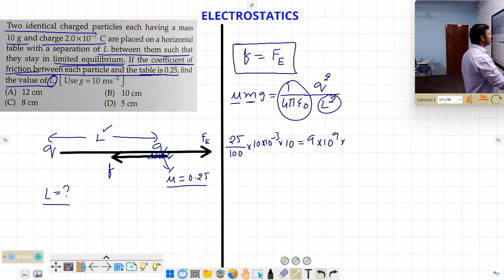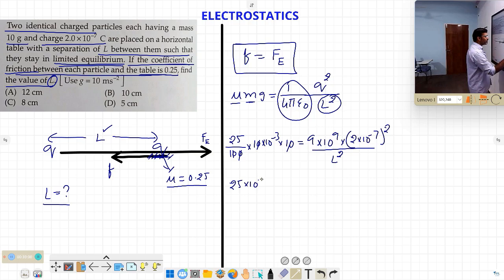What is Q charge? The two charges are separated, that is 2 into 10 power minus 7 coulomb. So 2 into 10 power minus 7 whole square by L square. From this, how much can we cancel? We can cancel 2 zeros here. So we got 25 into 10 power minus 3 is equal to,